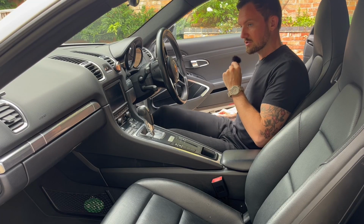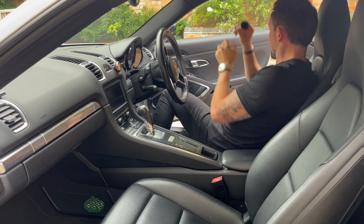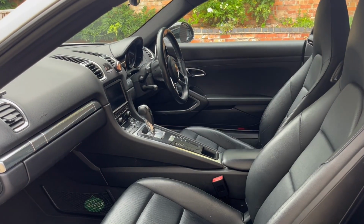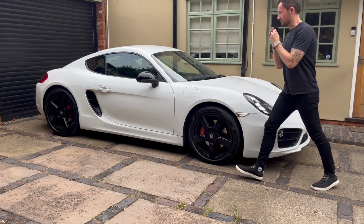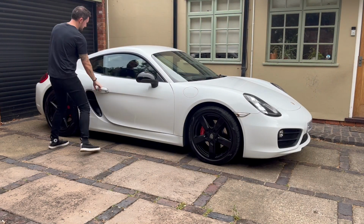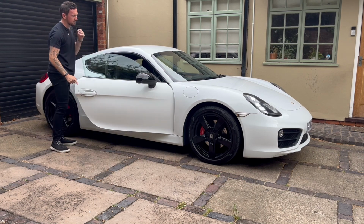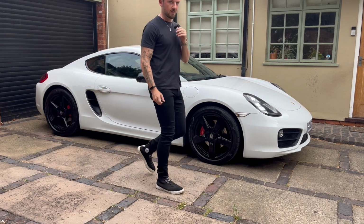So I'll show you now how much luggage space there is in one of these cars. Oh god, I left the key in the car. Thankfully, it does lock itself, but not too quickly, and I'm using my spare key, so worst case scenario is another one in the house. Anyway,